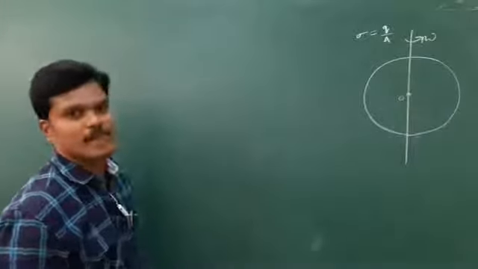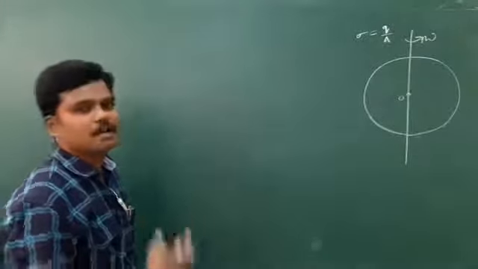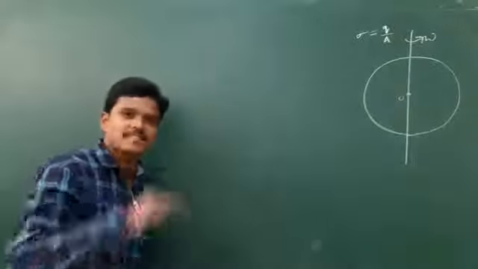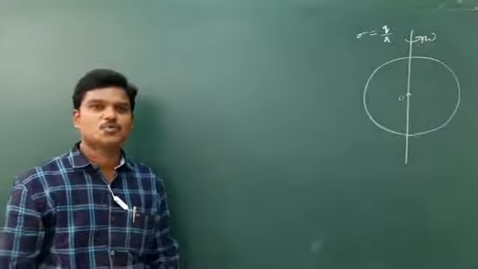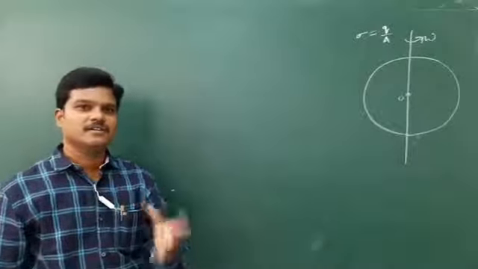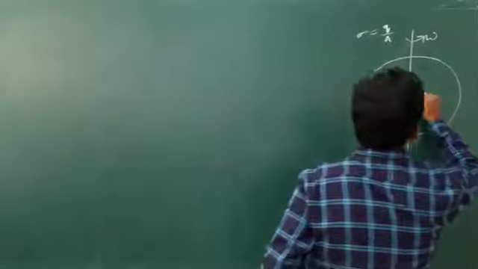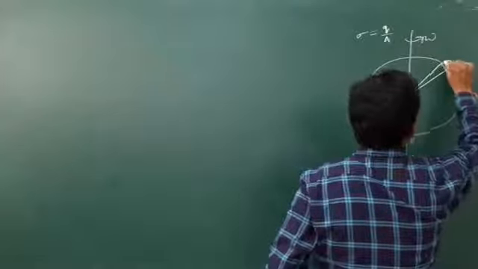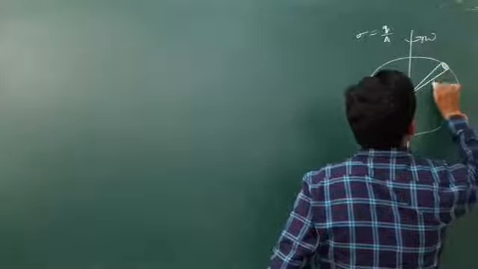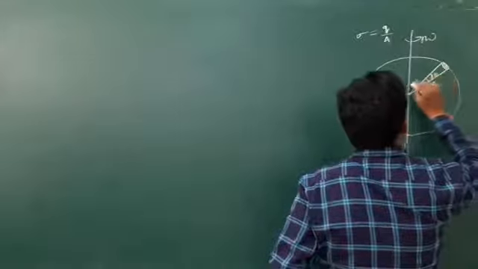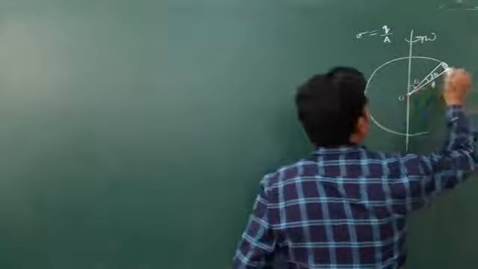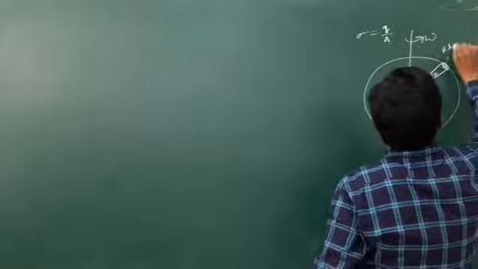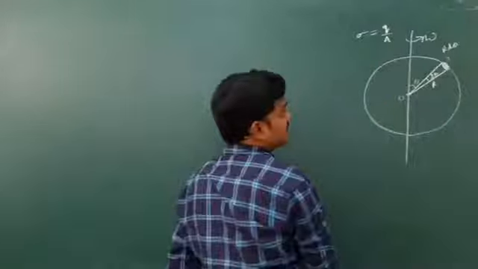So to get the field, let us take a small part on the sphere. The same thing is there in system of particles and rotatory motion. To find the moment of inertia of the hollow sphere, we take a small part like this. This is R, this is d theta, and this is some theta. So the arc length is very clear: that small part's length is r d theta.